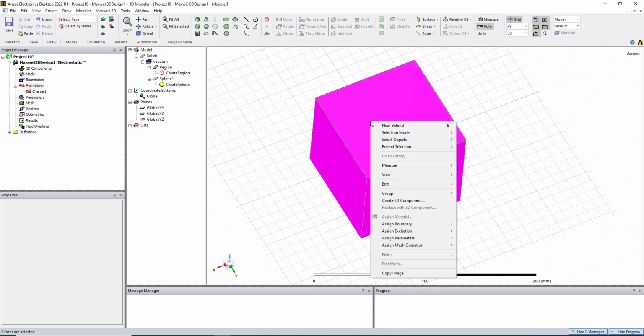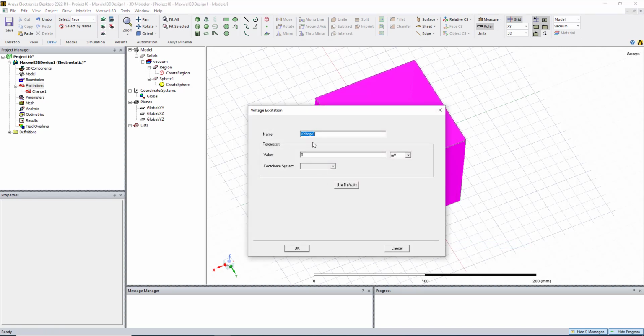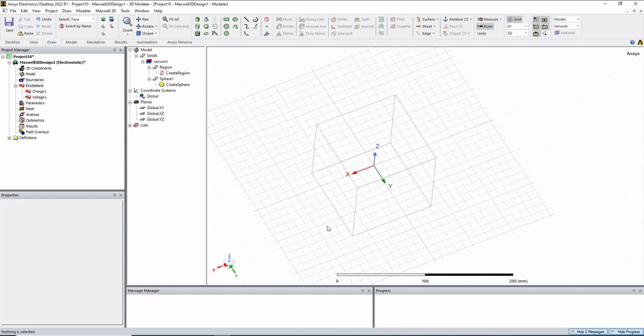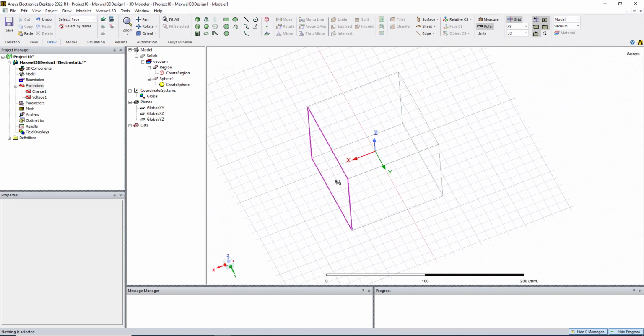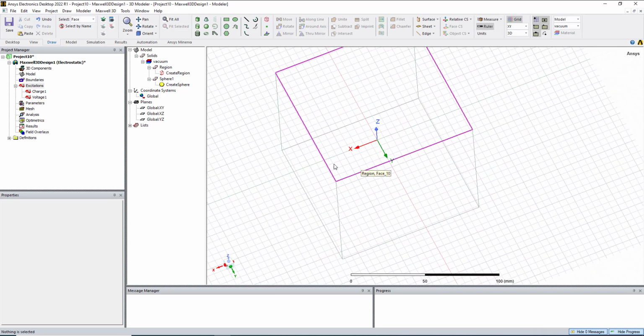So now what I do is I right click and go to assign excitation, and this time I'm going to choose voltage, and I'm just going to leave the default settings of 0. So this is a representation of a point charge that's sitting in free space. One caveat is if you start evaluating fields that get close to the boundary,